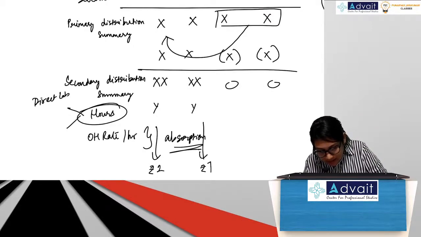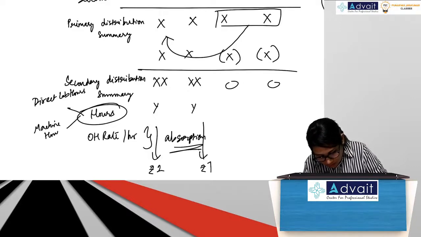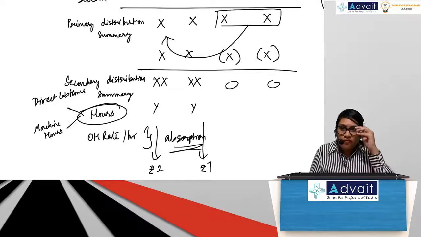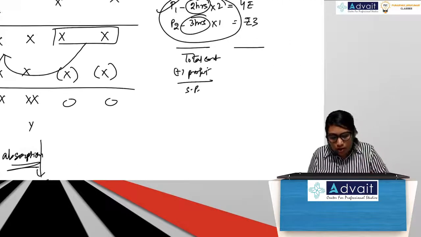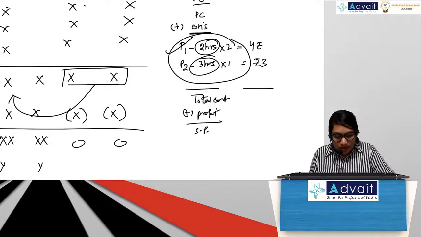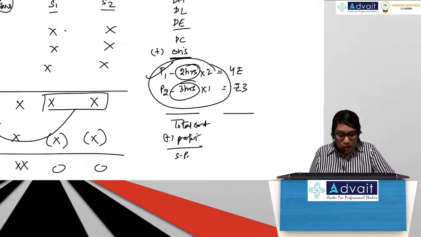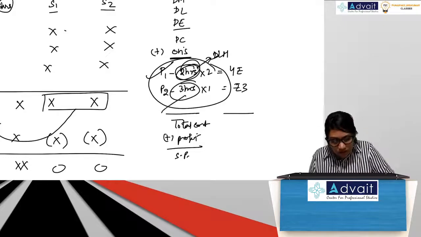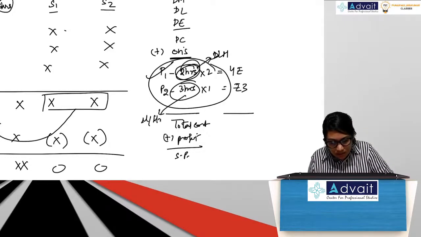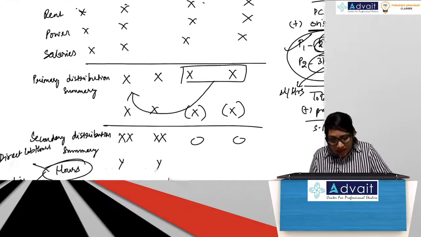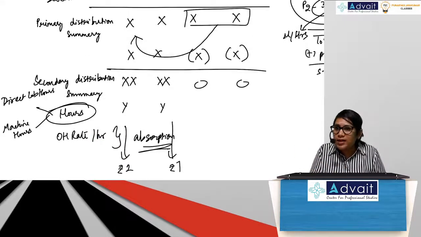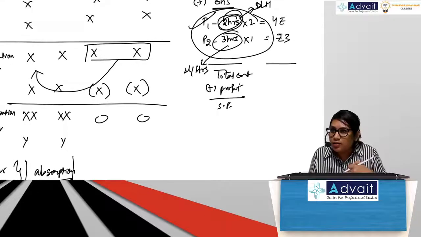Direct labor hours, machine hours. So depending on what is asked in the question, you absorb. If the product is passing through the departments, and if this was labor hours, for instance, DLH, and if this was machine hours, then here in this department, you absorb in P1 on the basis of direct labor hours, because you need the direct labor hour rate. Correct?